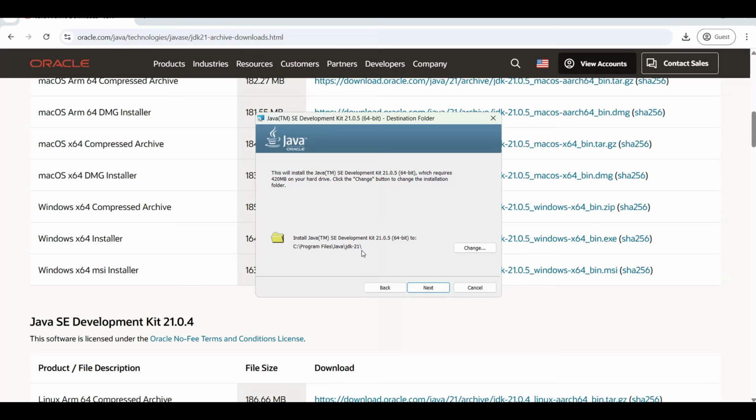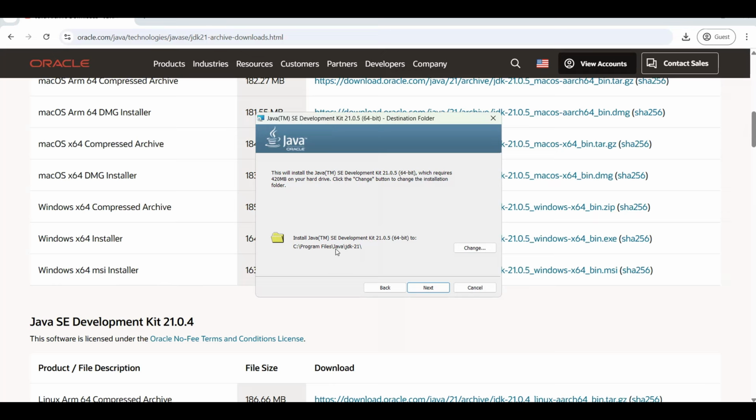The reason being that when Eclipse is installed and after the installation I launch Eclipse, it is going to pick up Java from this default location. If I change this location, I will have to then go and make changes to the executable files of Eclipse. I do not want to get into all that. I'll keep it as easy and as smooth flowing as possible. So I'm not going to change anything. I'll only click on next and wait for the installation to complete by default.